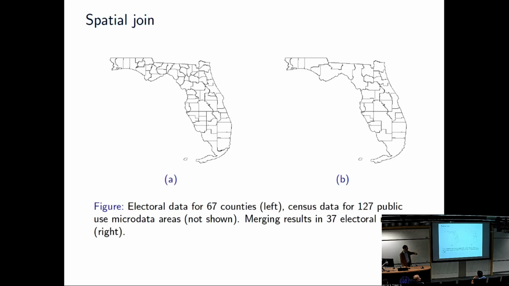And then we have census data for these not quite overlapping, but not terribly different public use microdata areas, PUMAs. And so there are 127 of them in Florida. And so then we do this merging thing, which at least in the US, nothing ever crosses a state border. So merging for Florida resulted in 37 electoral regions. And that's the sample size that we have for Florida. I mean, we're going to do it over the whole country. And so our sample size, using the newest data, is something like 950.